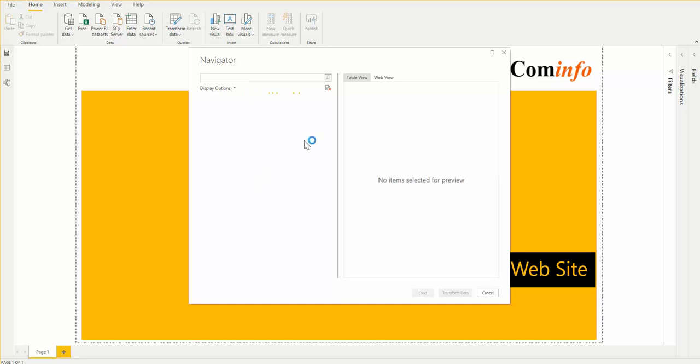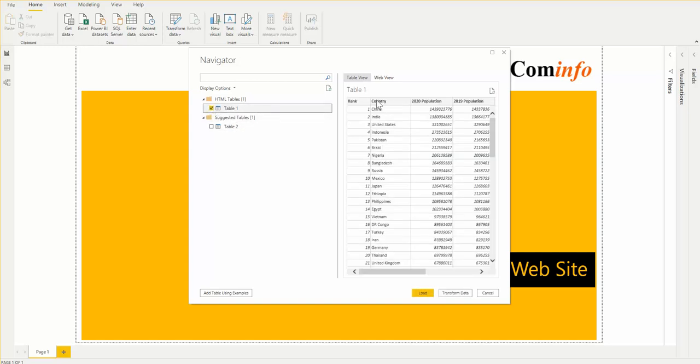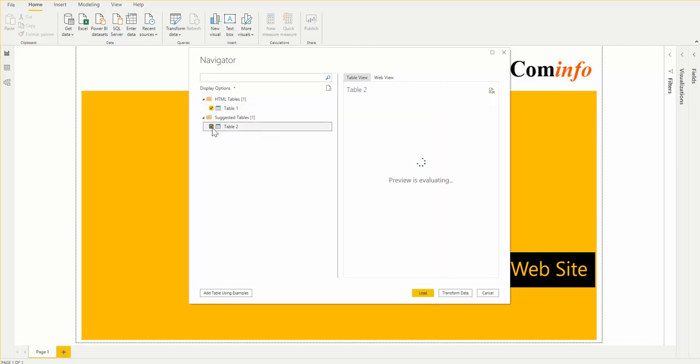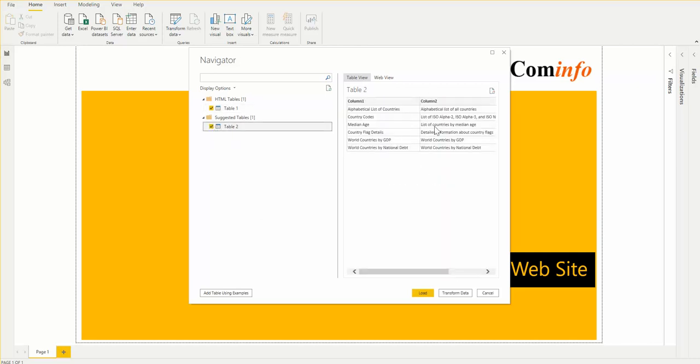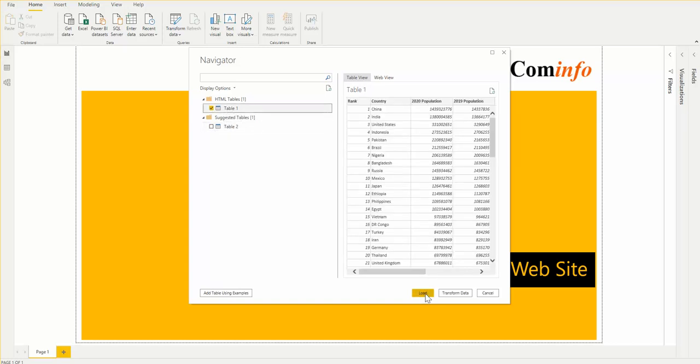So now right here it has identified Table 1, Table 2, and if I click on one of them, you will see the data right here. Or if I click on Table 2, there's some data as well. So let's just stick with Table 1 because it's a lot more data right here. Just click on Load,